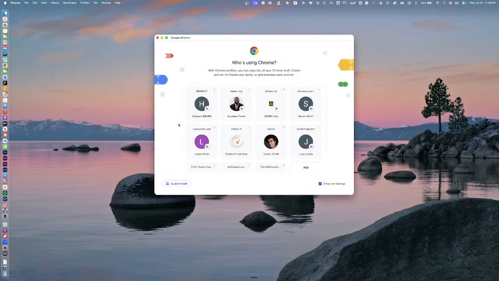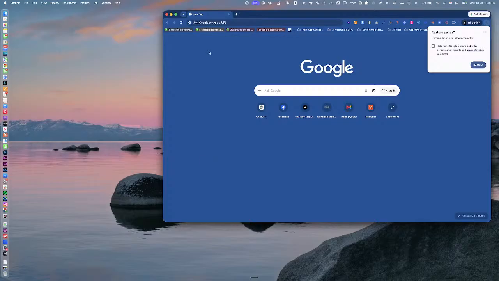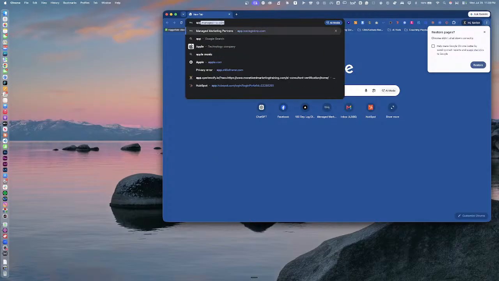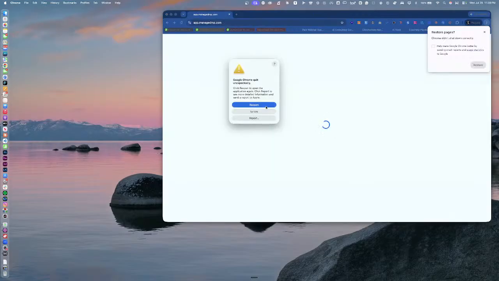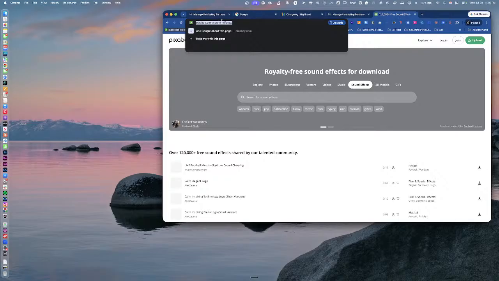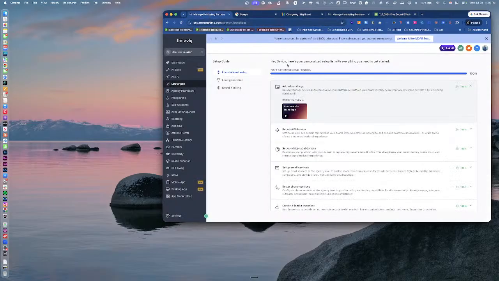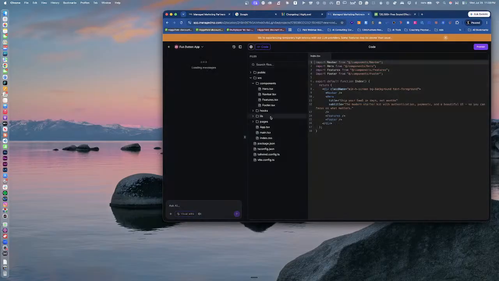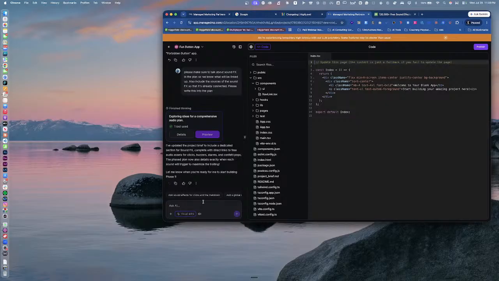And Chrome just quit. Okay. Is it going to open? Okay.